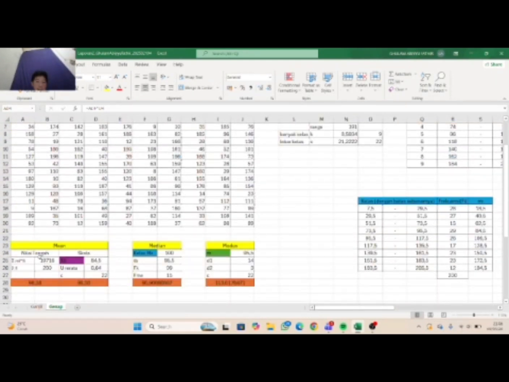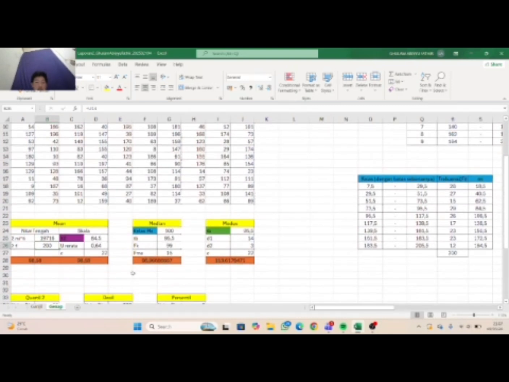After the supporting table is complete, the next step is calculating the group data mean. The mean is calculated by the formula: the total of f multiplied by x, divided by the total frequency. The f times x values that were previously calculated are summed first. Then the result is divided by the total frequency, or total amount of data. The final result is the average value of the group data.